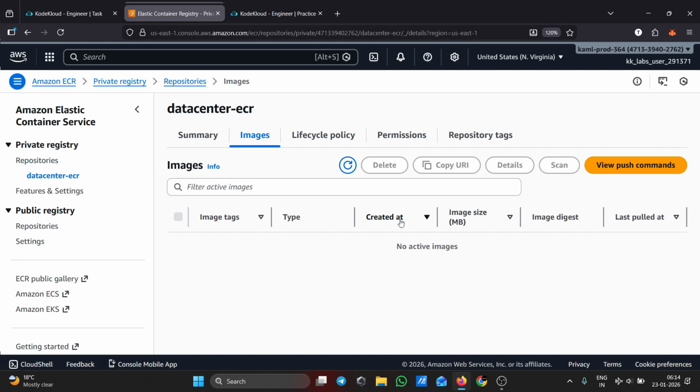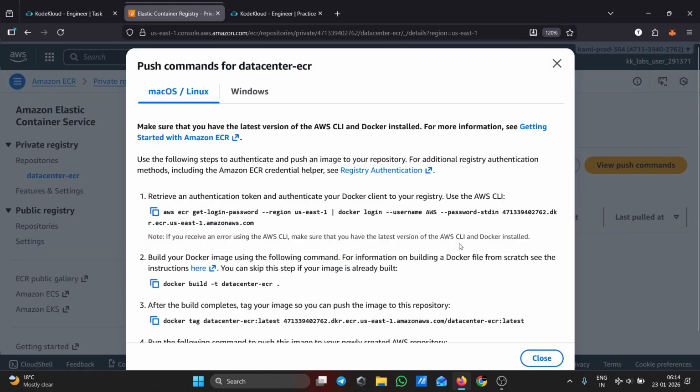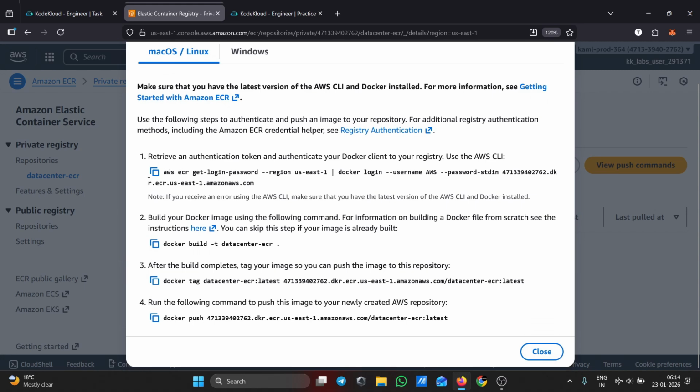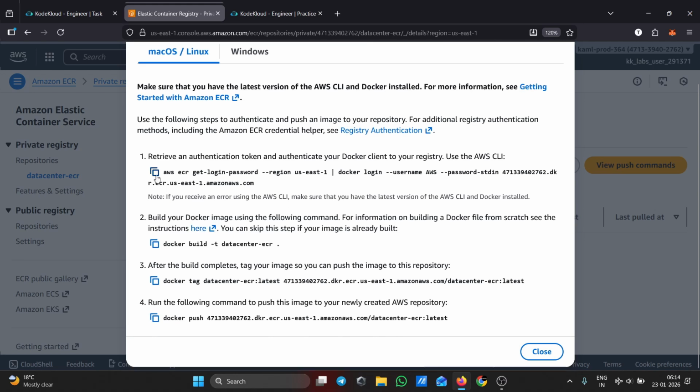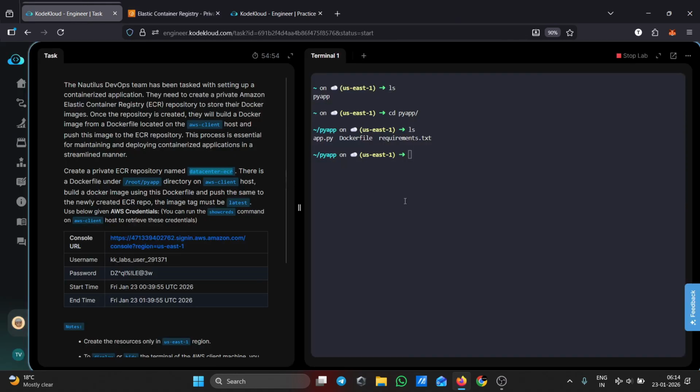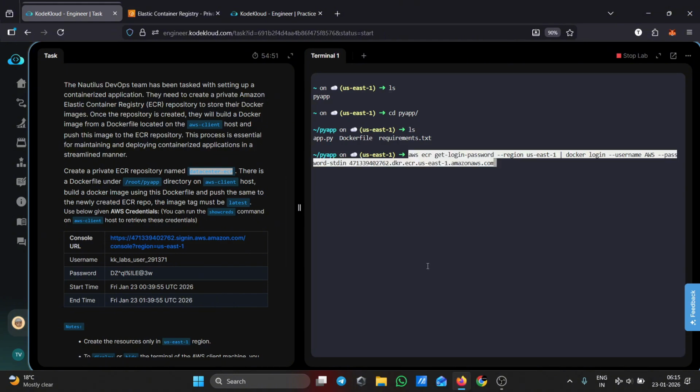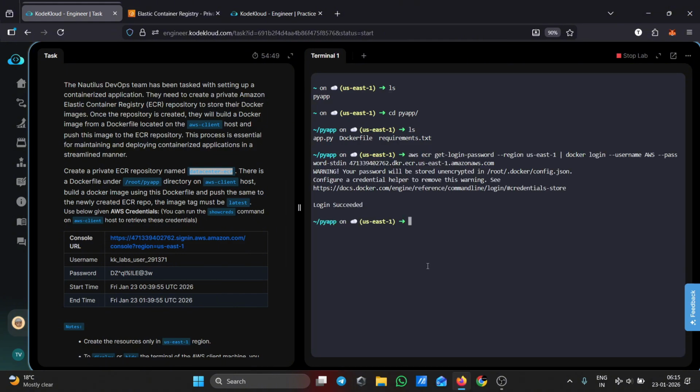We don't need to remember any of the commands to push the image to this ECR repository. Click on view push commands, and these are the 4 steps to push an image into the ECR repository. First copy the first command. Now the login has succeeded. Copy the second command,